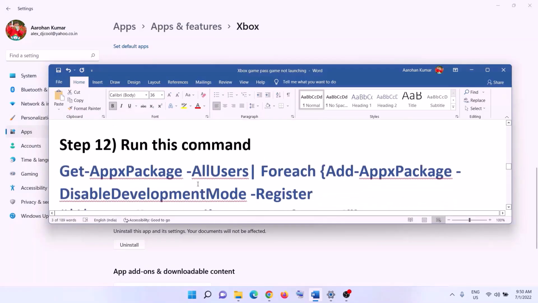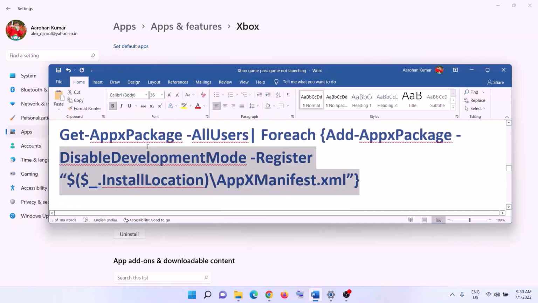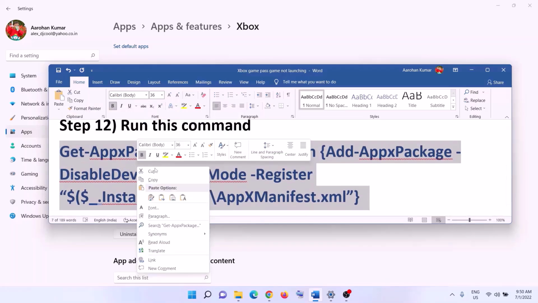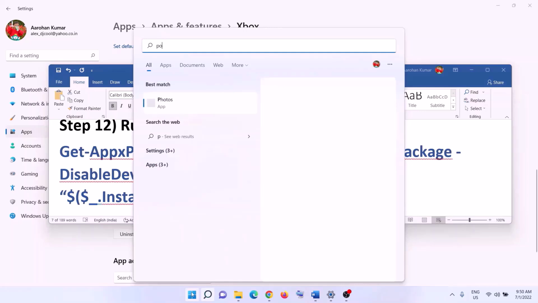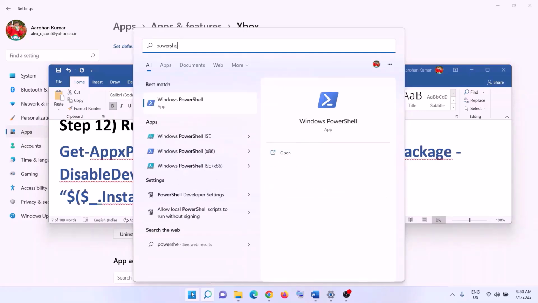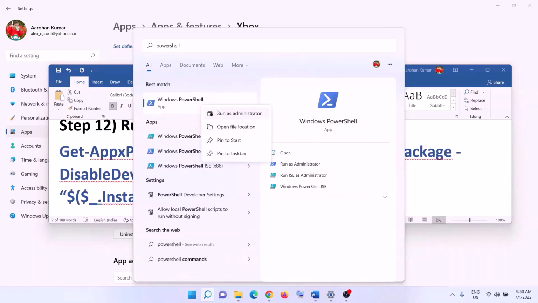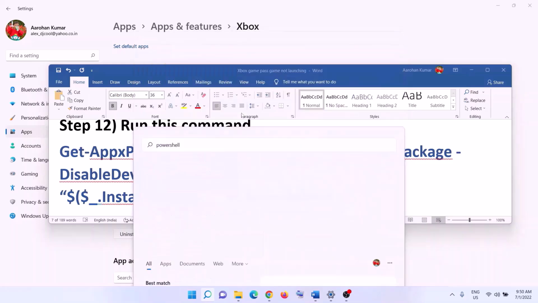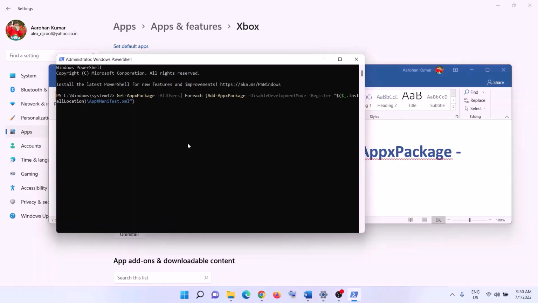Now the next step is to run this command. This command is provided in the video description. So copy this command, type in PowerShell in Windows search box and then make a right click on Windows PowerShell and then click on run as administrator. Make sure that you're opening PowerShell as an administrator. Click on yes to allow. Now paste the command over here, hit the enter key